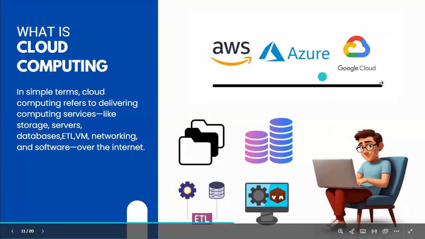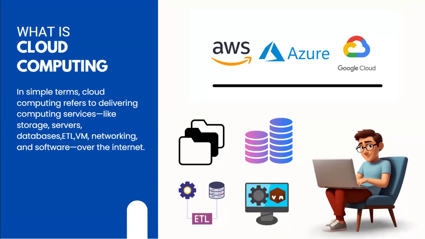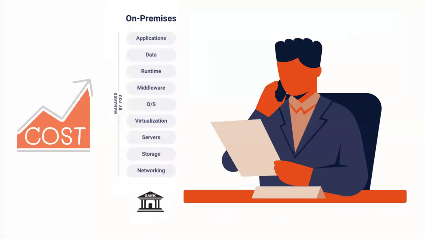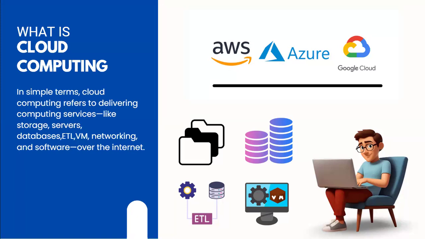These big giants are providing these services as a pay-as-you-go model. For the things I use, if I'm using 1 TB, I'm going to pay for only 1 TB. I'm not going to pay for 10 TB. In on-premises, even if I have 1 TB of data, I need to buy 10 TB because I don't know what my future will be, so I need to pay 4 lakhs initially. But here I'm going to pay $20 for 1 TB, which means 1500 rupees. Mostly, 99.9% you are going to save in budget.